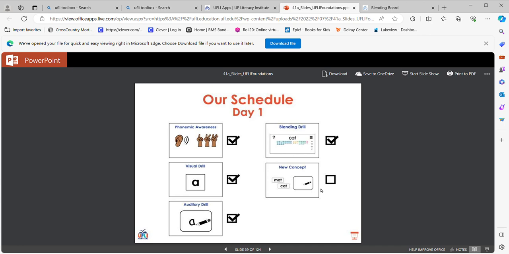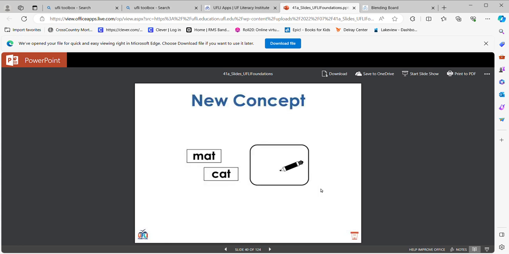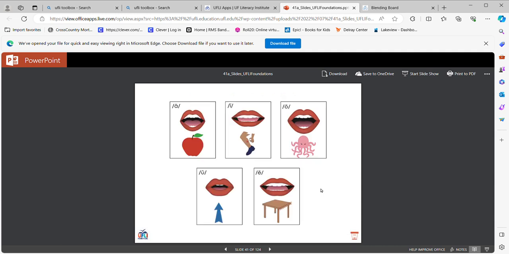After that, the very last step in day one would be teaching the new concept that they don't already know. So they'd see a new concept, we're learning something new. And then they're going to see a variety of things here. So right here, the PowerPoint that I've pulled up is working with all five of our short vowel sounds. What your teacher loves about this slide right here is it gives them the sound, it gives them a picture to associate,